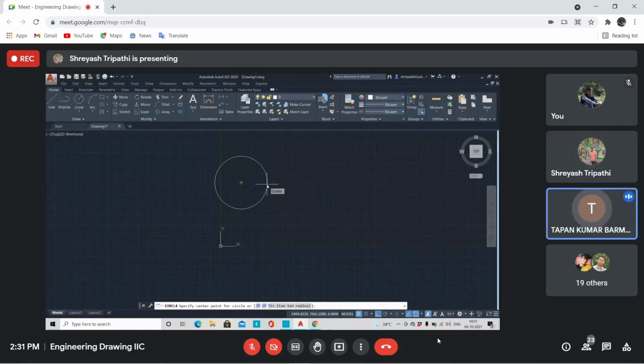But then, sir, when I am trying to draw one small circle here, then it's the... No, center. Then the thing is, in OSNAP mode again you change it. Go to OSNAP. That point is called quadrant. After node, below it, yes, that option, quadrant. A circle has four quadrants. Okay, sir. Thank you, sir.